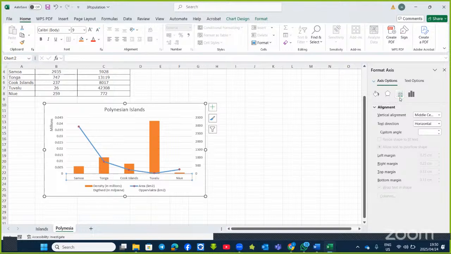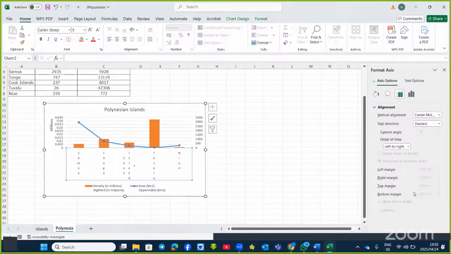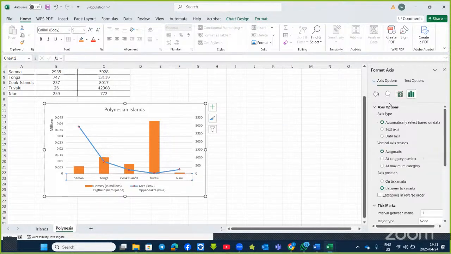If you go to the alignment, the directions, whether rotate up or the direction should be at an angle which is 270 degrees, or stack. So you must always check the directions of the text as well, or horizontal like we saw here. Right, you get that one under axis options. This side here is where we have